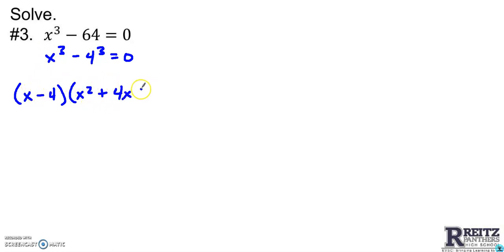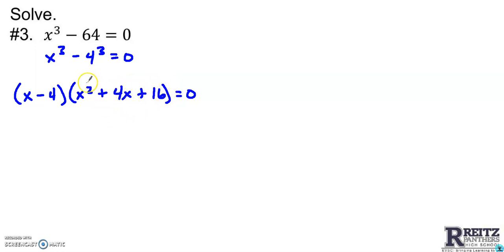Same, opposite, always positive. The last thing is the second thing squared, so 4 squared, which is 16. Now we could try to factor this further,